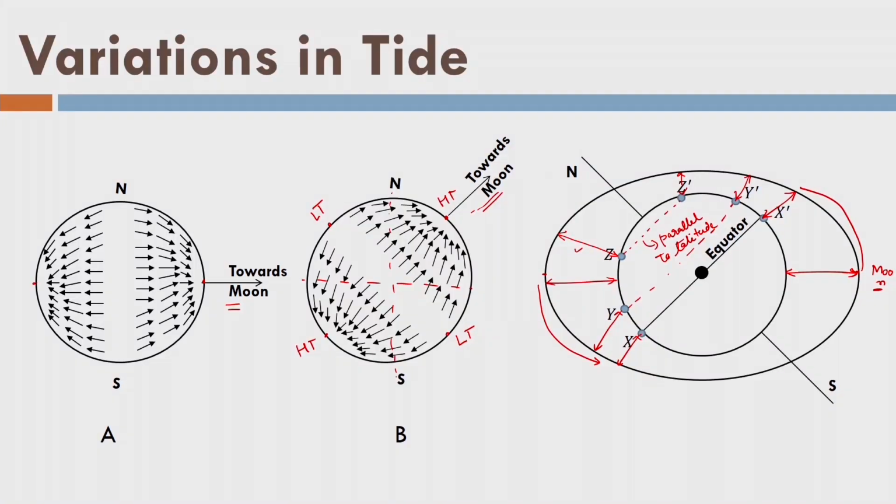And what we have said, ds and dm, they are the average distances. This is not the real distances. And because of this variation between the average distance and the real distance, we will have variation in the tides across the year also. So we'll see this now. What are the factors that affect the tides?